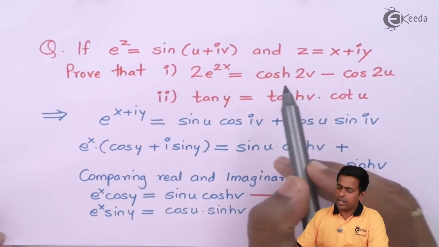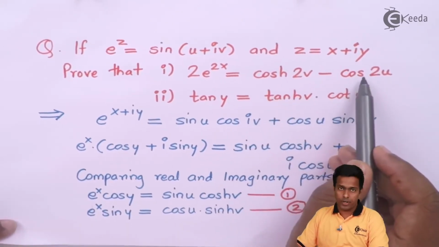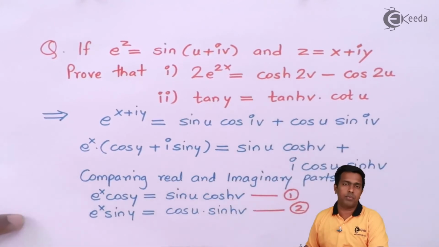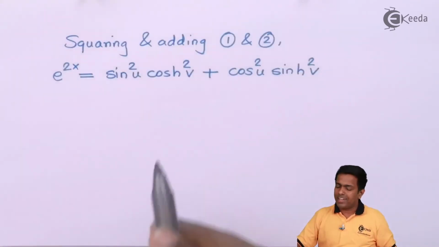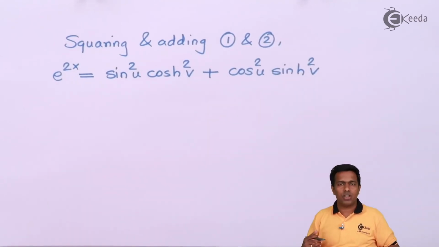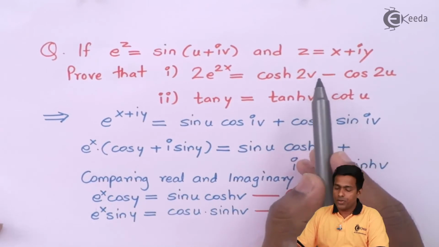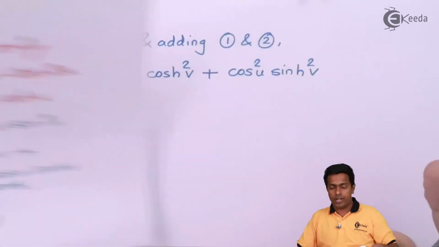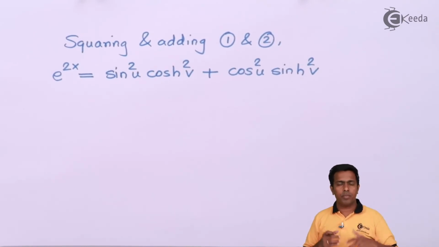Now let's observe the right hand side. On the right hand side, we have only cos term. So we have cos from trigonometry and hyperbolic cos from the hyperbolic function. It means my work will be to bring each and every function in terms of cos. The second thing that we should observe is the angle is doubled. Here we have 2v, here we have 2u, whereas here we have u and v. So we have to double the angle and bring all terms in terms of cos or hyperbolic cos.